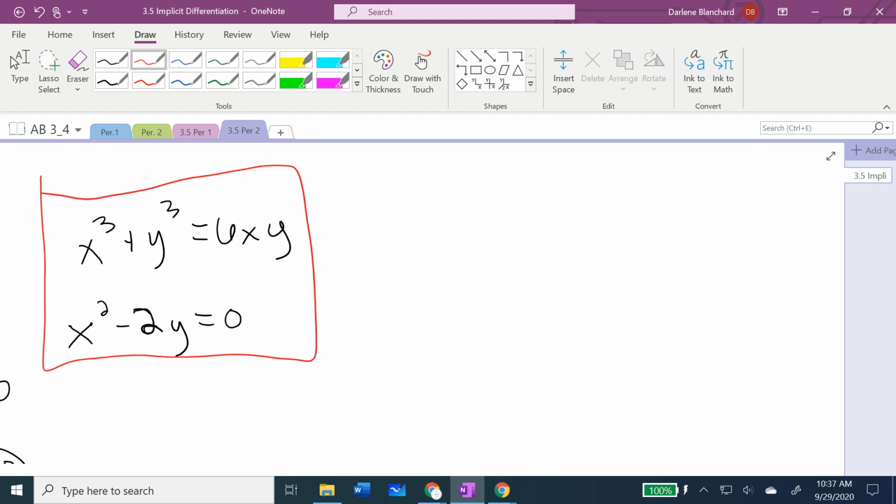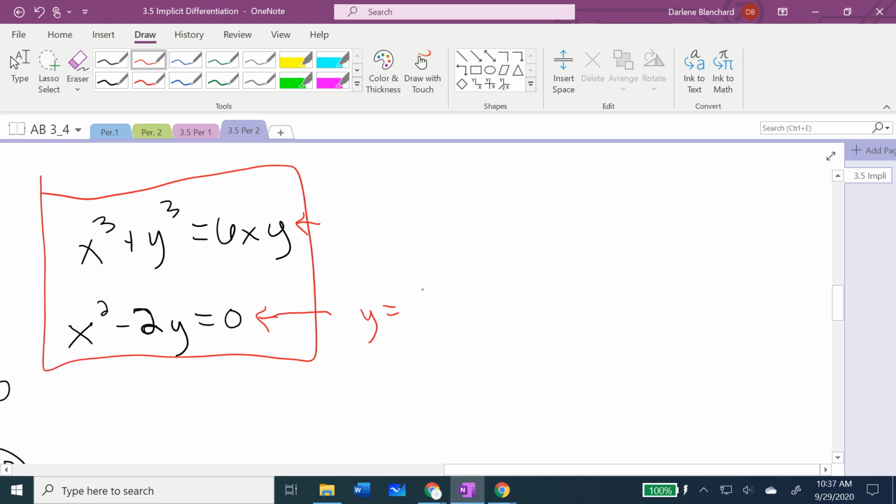That's often going to help you if you ask yourself that question. In this first equation, nobody's easy to isolate. In the second equation, I can isolate x squared, but I don't know that I really want to deal with a square root. Isolating y, let's go with that. So I isolate my y, and that gives me